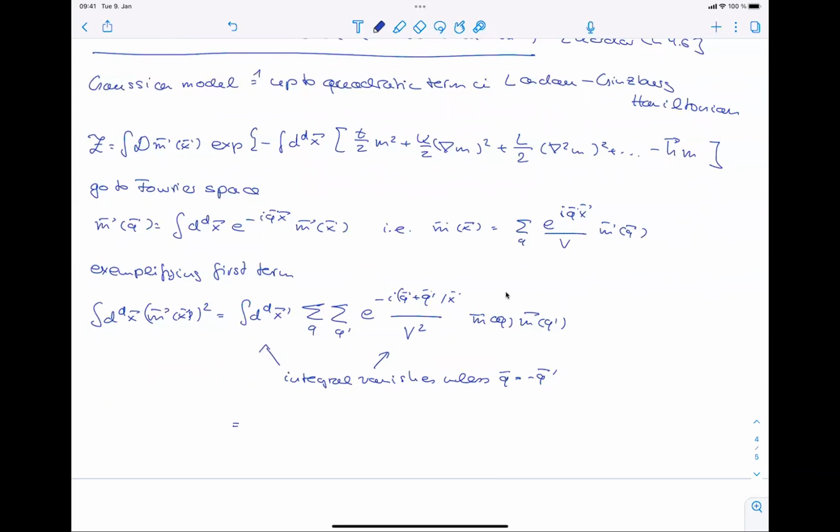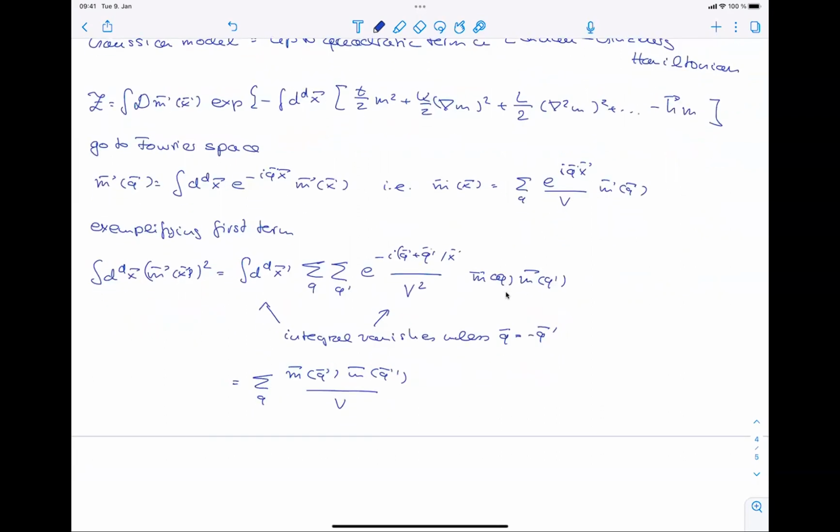For delta Q minus Q prime. So that gives then one sum, M Q M Q prime over the volume. And similarly, we can transform the higher terms, where the derivatives then give rise to